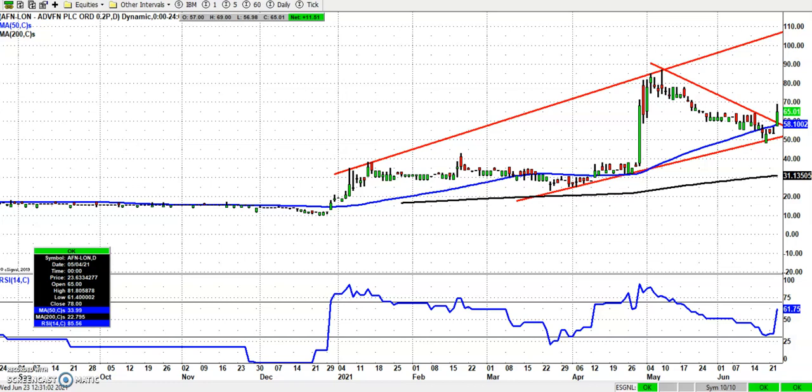Starting off with the ADVFN, and here we've got a rising trend channel. Break above the 50-day moving average at 58 pence. Break of that May resistance line there at the same level. So an end of day close above 58 pence, looking towards as high as £1.10 as soon as the end of next month. Probably looking for a move similar to the April move up in the shares. This stage generally well back below the floor of the channel at 50 pence or sub 50 pence, really questioning